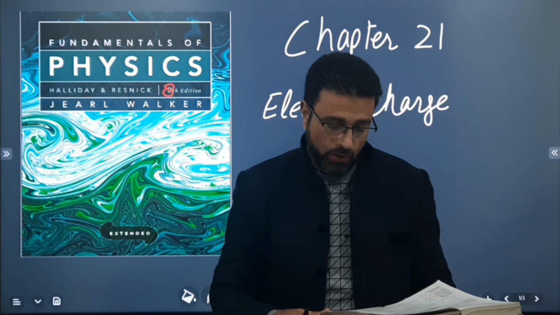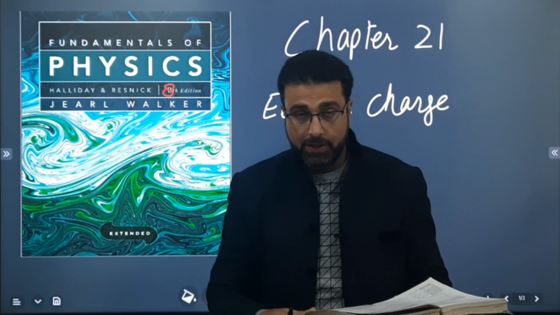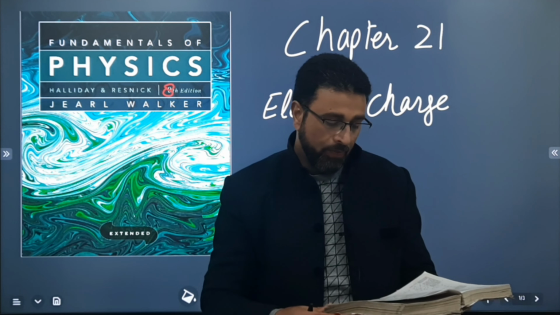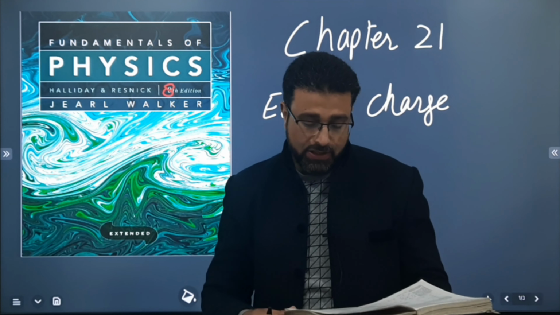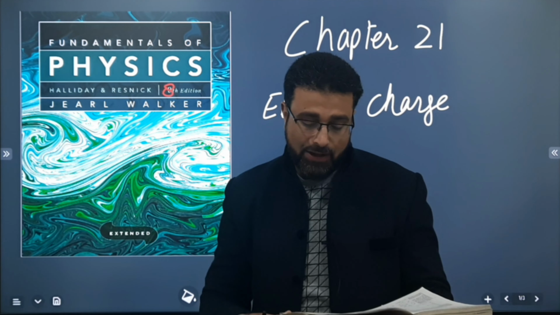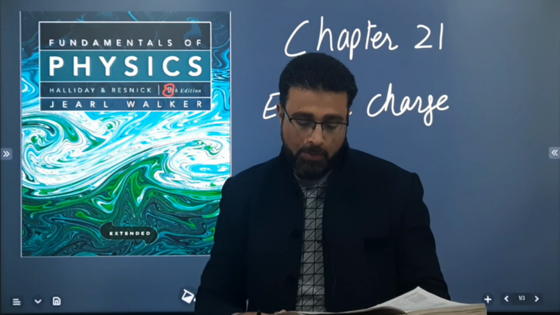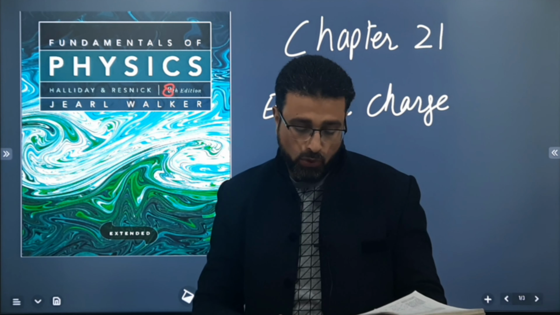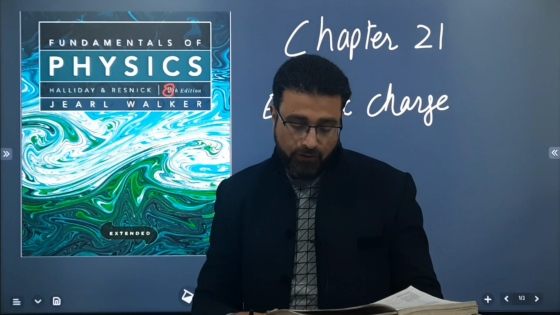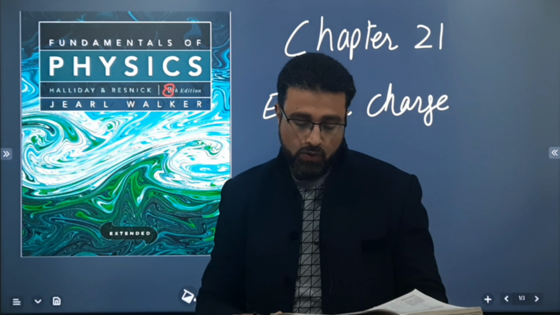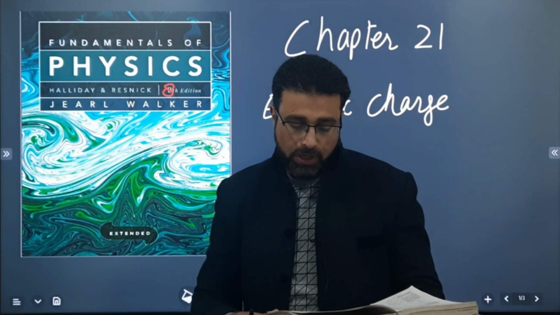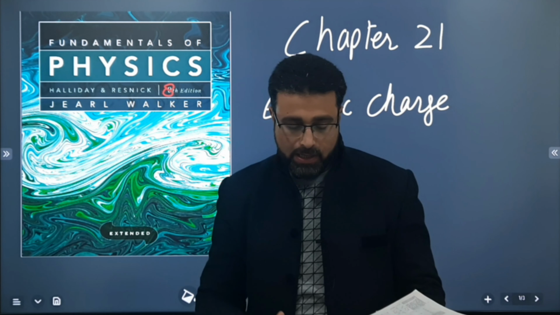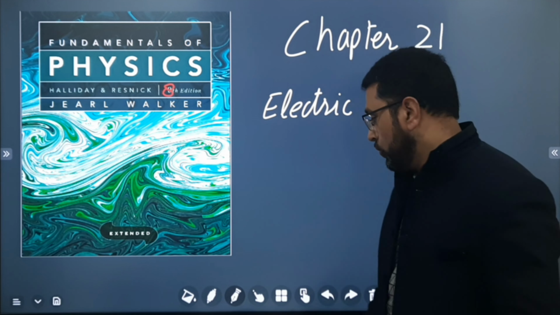Problem number 7 we are going to do this time. No, problem number 11. Okay, problem number 11 we are going to do. I'll read out the question. Three charged particles lie on an x-axis. Particles 1 and 2 are fixed in place. Particle 3 is free to move, but the net electrostatic force on it from particles 1 and 2 happens to be 0. If L23 is equal to L12, what is the ratio Q1 by Q2?